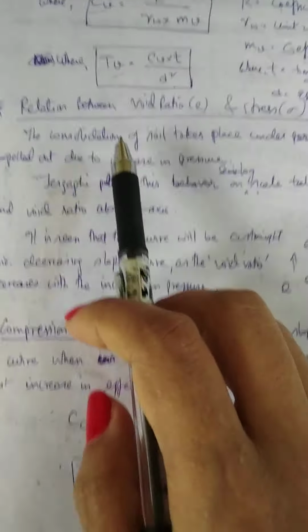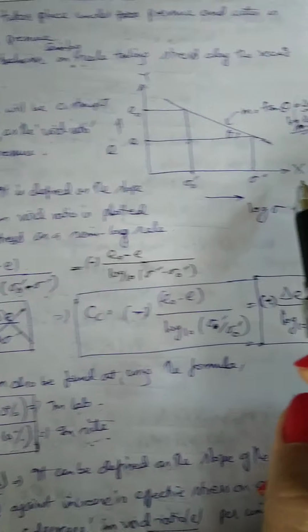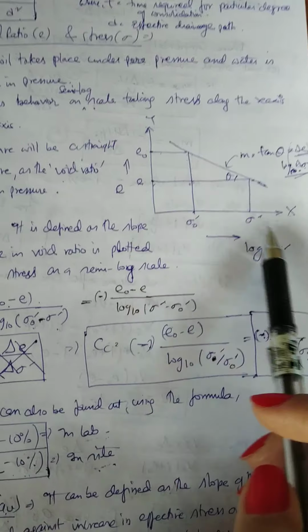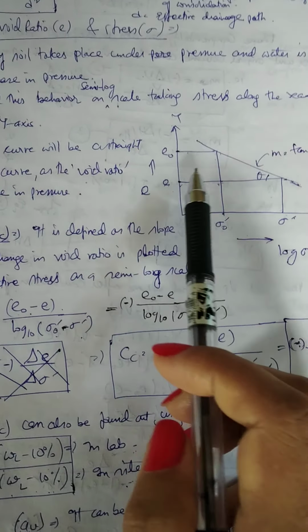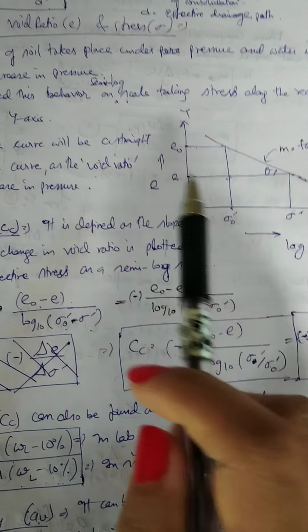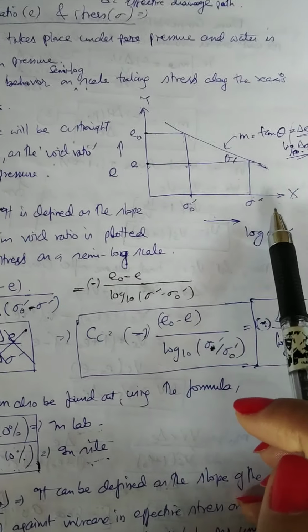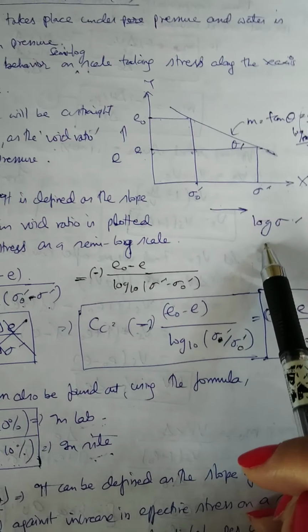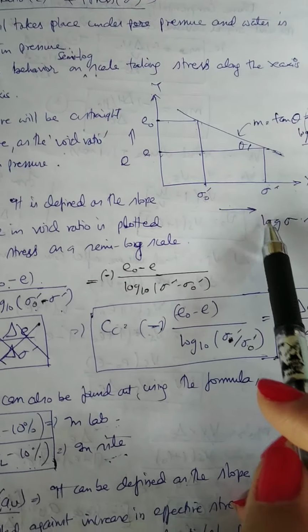So if we relate those two terms and plot them on a curve like that, with the increase in stress along the abscissa and the void ratio along the ordinate, then we get a curve like that. Terzaghi actually denoted that relation in two types of curve. In one of the curves, he took the effective stress on a log scale, and in the other case, he simply took it on a simple scale without the log.